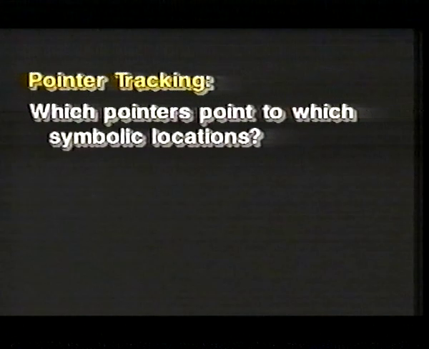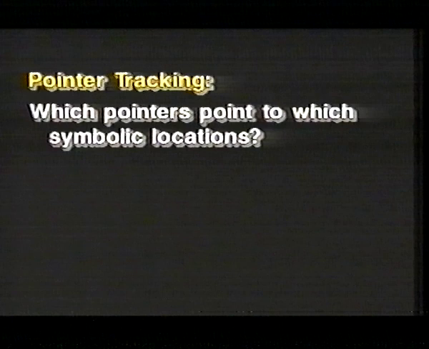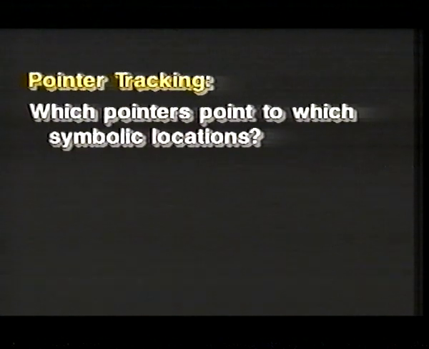Aliasing occurs primarily as a result of passing arguments by reference, as is done in Fortran. Pointer tracking answers the question, which pointers point to which symbolic locations? Pointer tracking is performed for the benefit of C codes. Having determined which names refer to which procedures and memory locations, inter-procedural analysis then answers the side effect question by